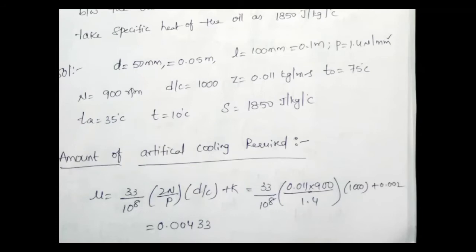In the data book itself, you are having Zn by P, D by C. Each and every column is available, Zn by P, D by C or C by D. The bearing pressure value, each and every value is available in your data book. So you apply them whenever necessary. But the formula is correct. The formula is as it is, simply copy paste, no problem.